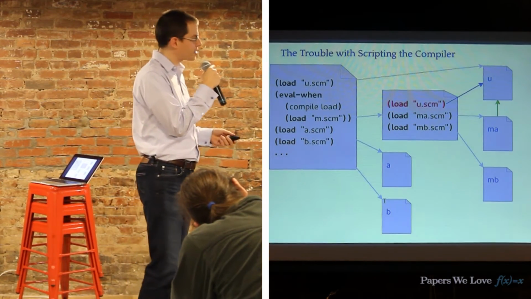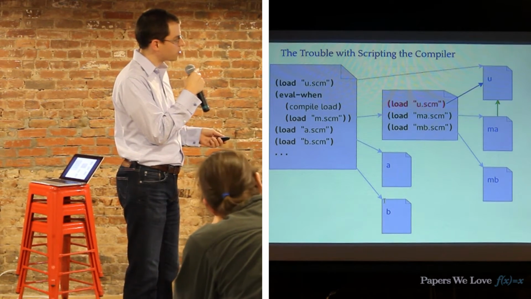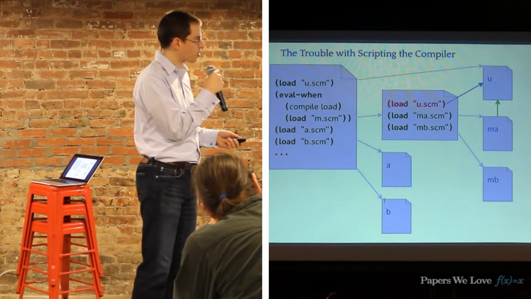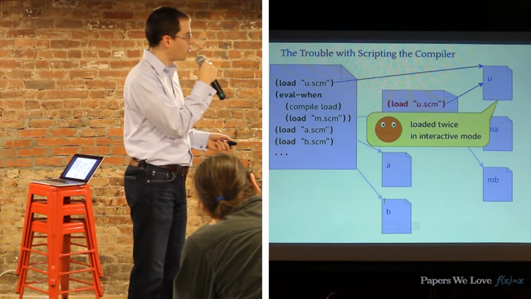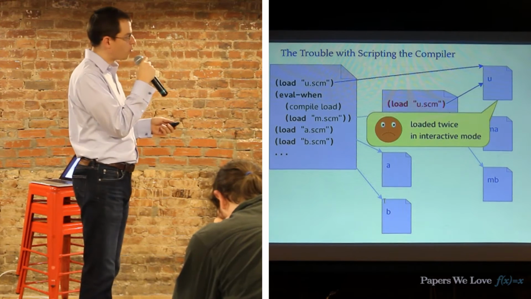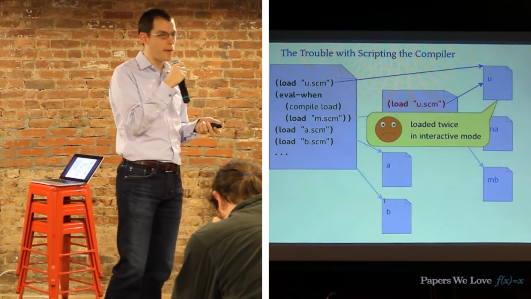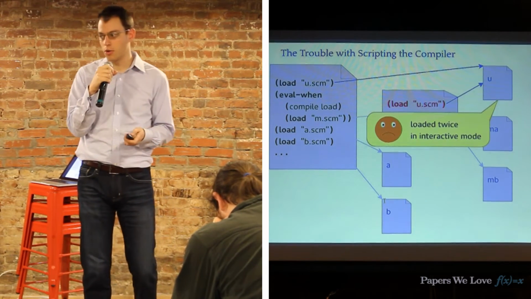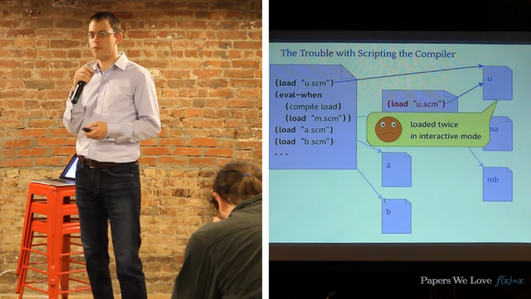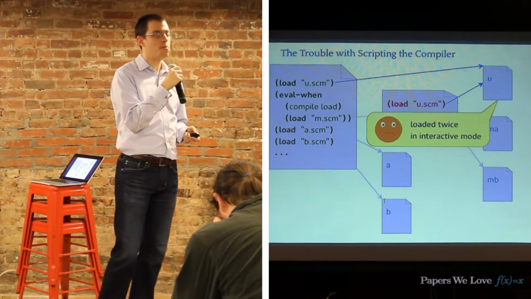So now we fix this to add another load here, because these are all at the same level. Of course, we still haven't really fixed this because it's not in the correct place. So in addition to not being really fixed, when we load, it just runs some code. And that means we can run some code more than once. And if that code just consists of defining a bunch of names, maybe it'll work out.